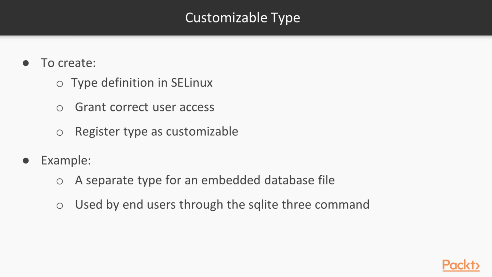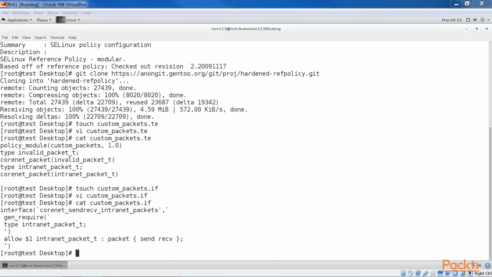Finally, let's see how to create customizable types. So, to create a customizable type, we need to create the type definition in SELinux, grant the correct users access to the type, and then register the type as customizable, so that a relabel operation does not change the type back. For instance, we want to have a separate type for an embedded database file used by end users through the SQLite3 command. By using a separate type, other access to them is by default denied, even when those other applications have access to the standard